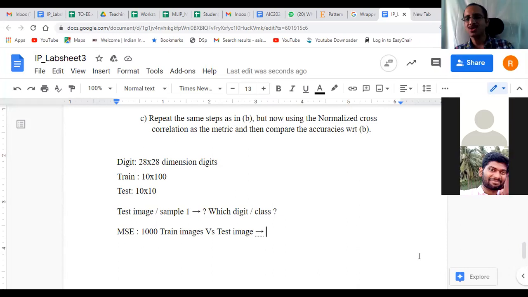Okay, the question is posed in class. Thresholding, sir. Yeah, what is it? Thresholding. What thresholding do I do there? This comparison of mean square error will give me the image with minimum mean square error. After that, what should I do?